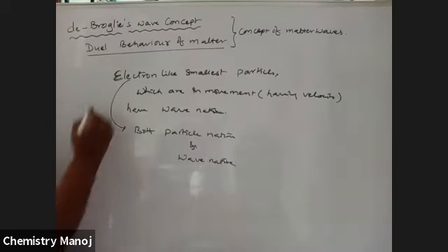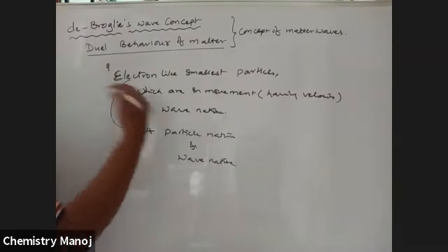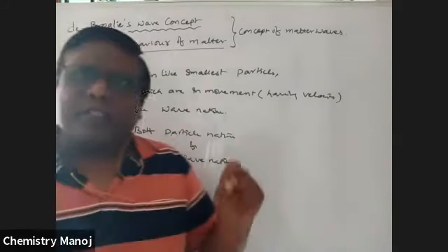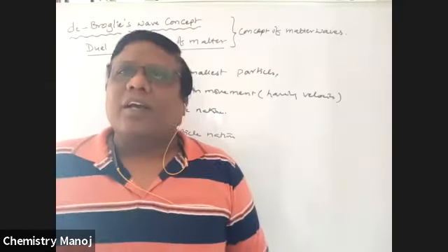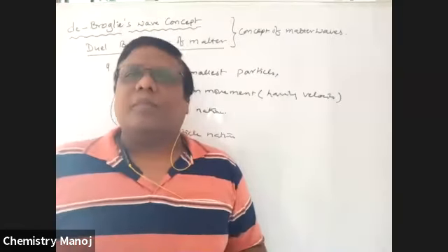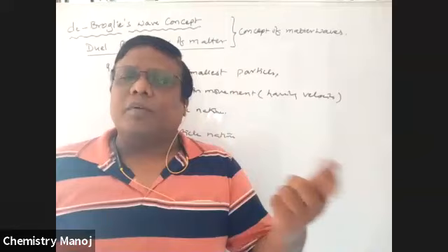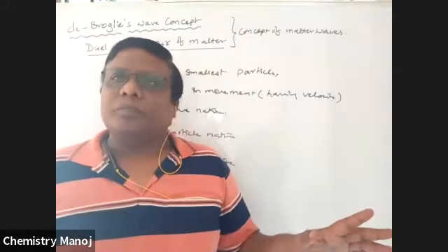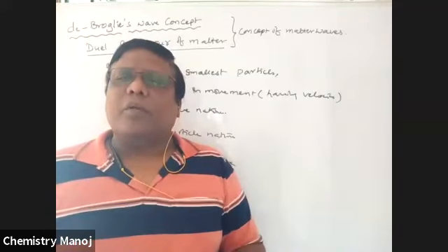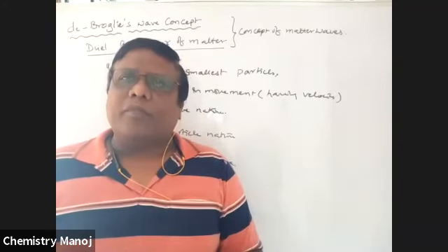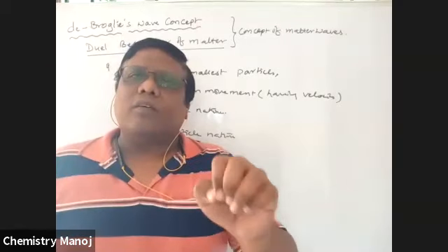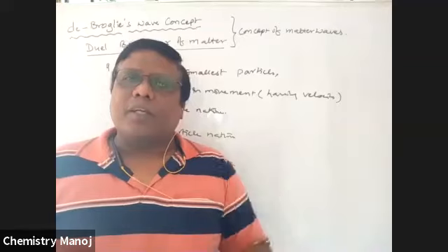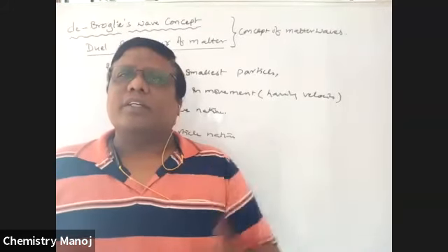Not only electron, but proton, neutron, alpha particles, smallest particles. That means this concept is applicable only for the smallest particles, not for a pen, not for you, not for me, not for a lorry, a cricket ball or a tennis ball, whatever it may be. This concept is only applicable for electron-like smallest microscopic bodies. As the size of the particle decreases, wave properties increase.